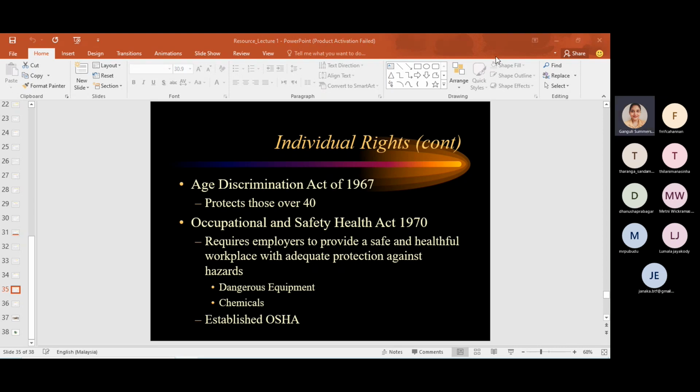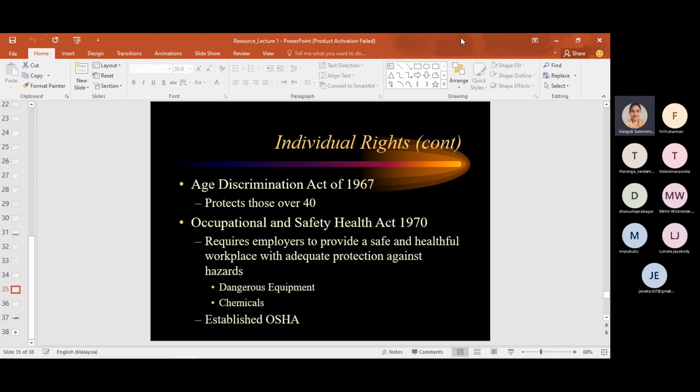When you are working in your workplace, you might probably deal with dangerous equipment and dangerous chemicals, right? So you will have to deal with dangerous equipment and harmful chemicals. When you are handling these things,